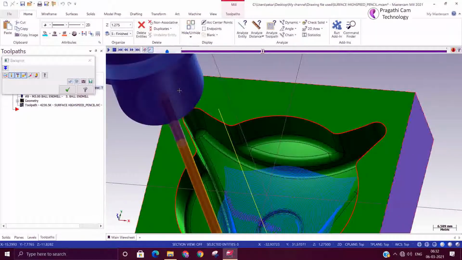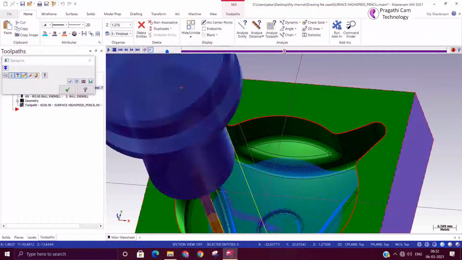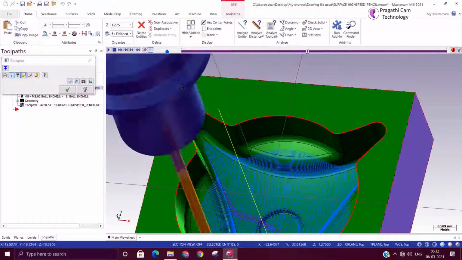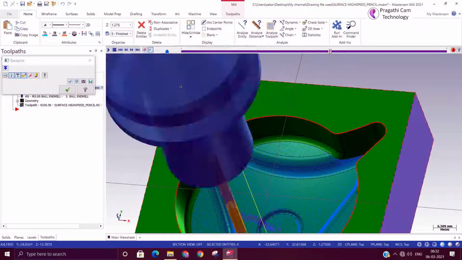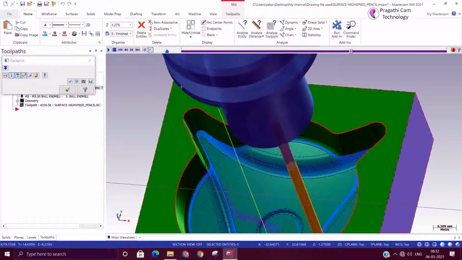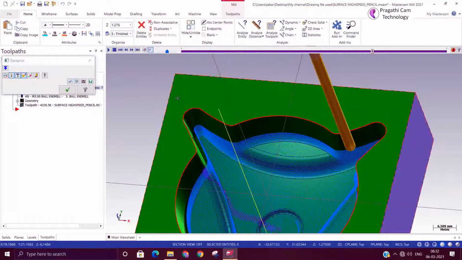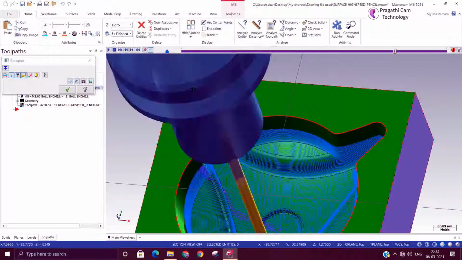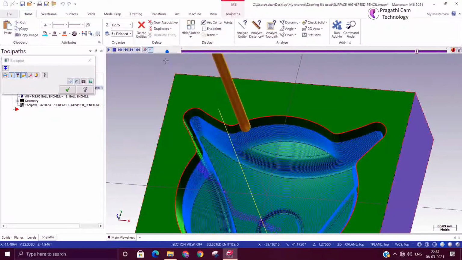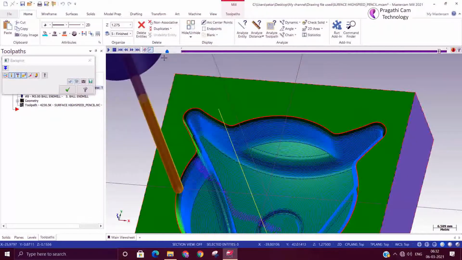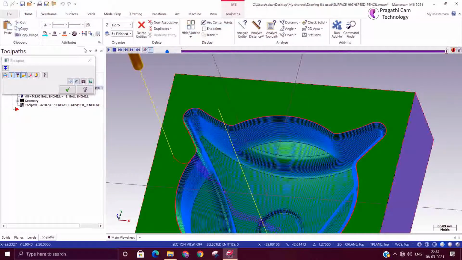So here the step over is uniform always. That's the reason it will give very good surface finish. So this is the surface finish scallop.